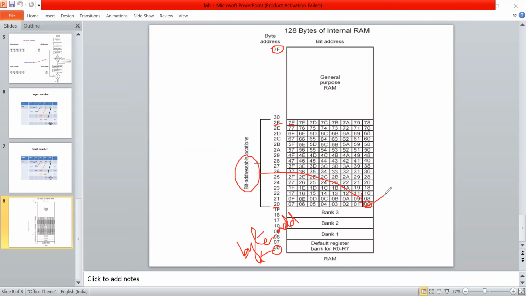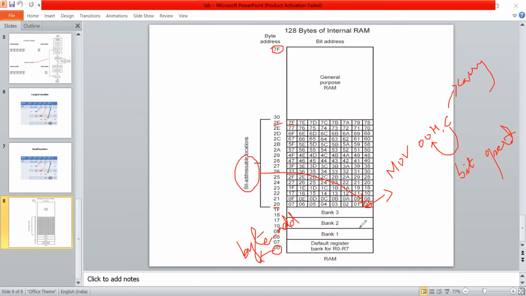Okay. So now, as per the instruction, MOV 00H, C. In the sense C is a carry. So whatever the data in the carry, that will be moved to this location. This is a bit operation.